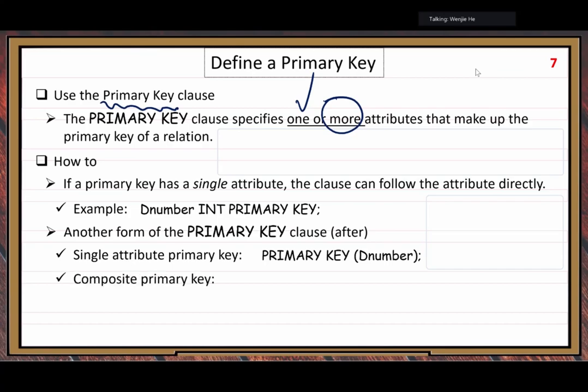All right. Then the composite primary key. I will explain later why people sometimes need to use a composite primary key. Let's look at how to define a composite primary key. We use this way, but composite means multiple attributes are needed together to define one primary key. Simply, you just put primary key. So this is another table, the dependent table. So this example,